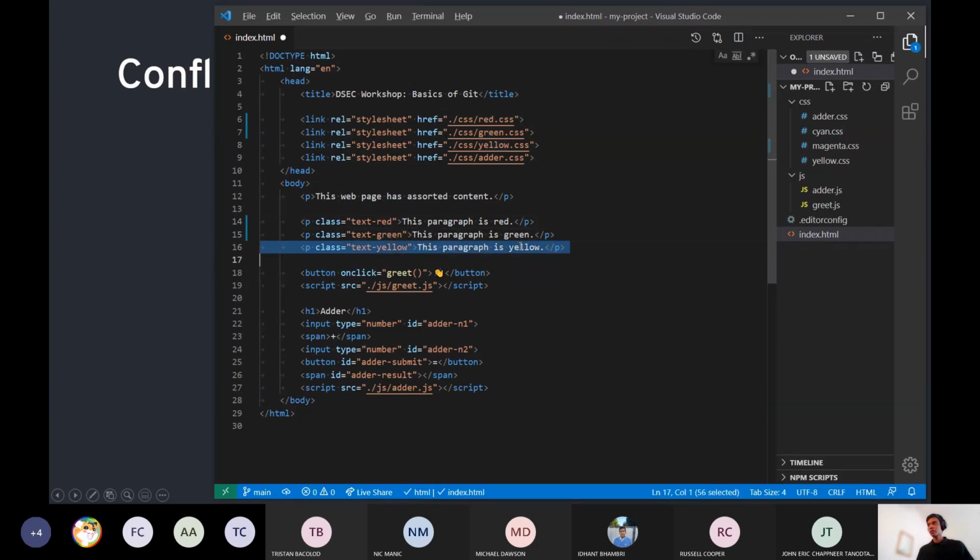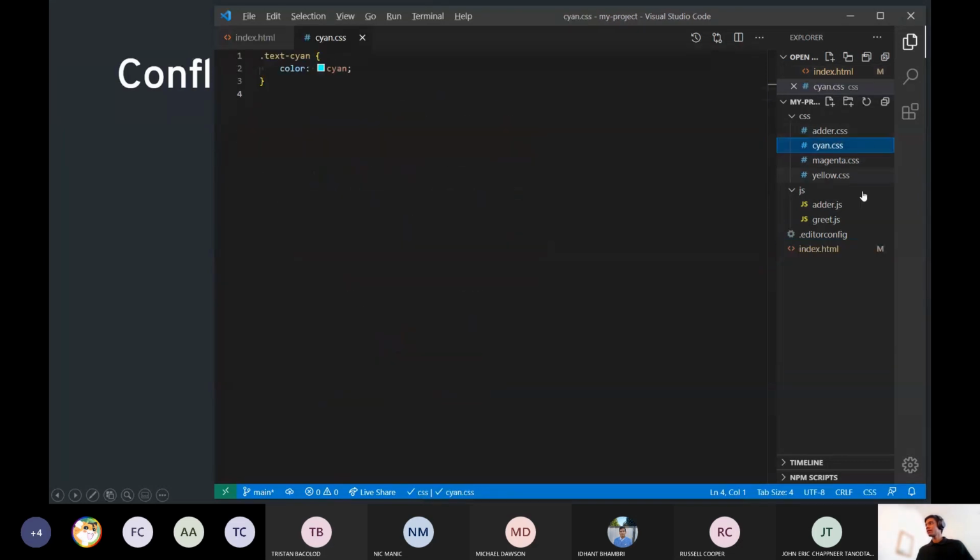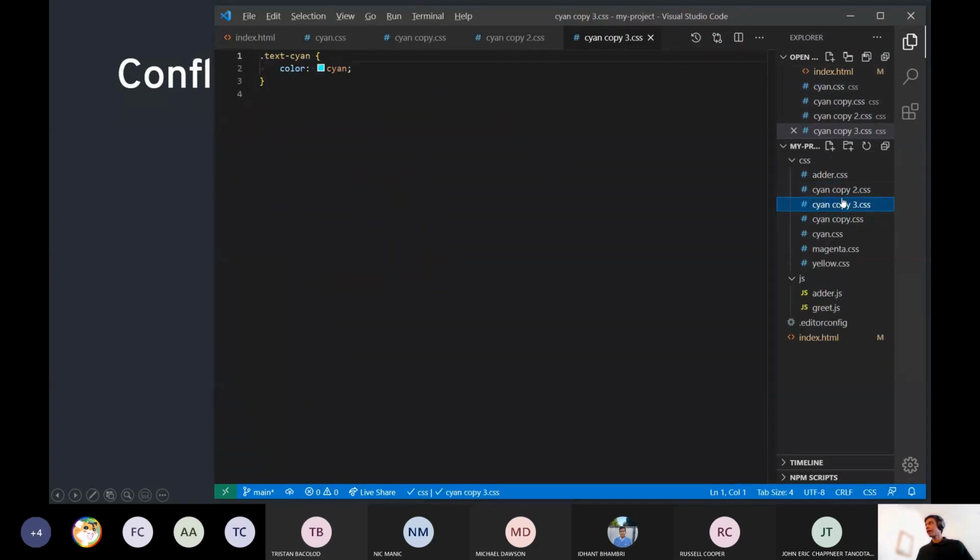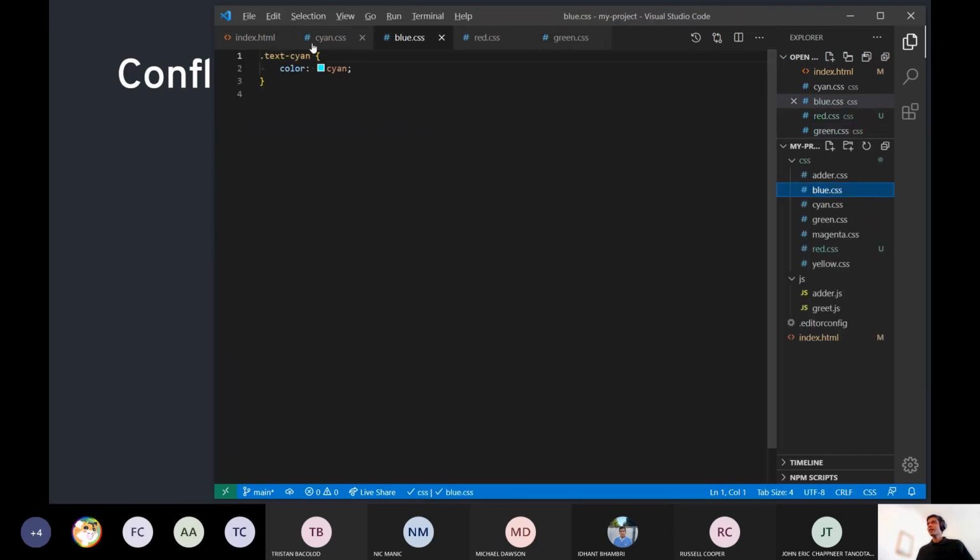So I'll have to make the corresponding CSS files as well. So I'll copy cyan as red.css, call this yellow.css, or rather green.css, and call this blue.css, and change the classes as well.